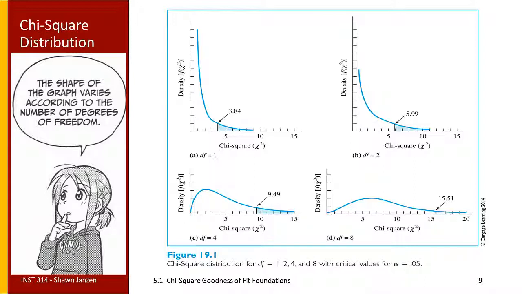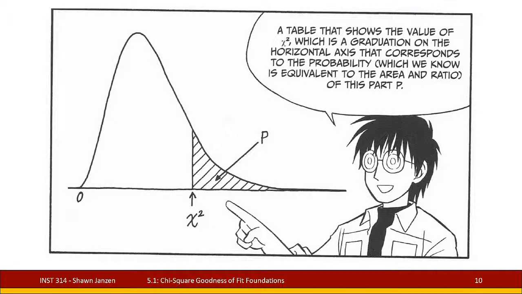When degrees of freedom equal 8, the curve is starting to move towards a more central part of the graph. It's starting to look more normal. Remember, it is not a normal distribution, but it could start to look like that. The blue shaded areas under there are the critical value areas, and we're going to come back to those really soon. But on this next graph, I really want to start to illustrate a little bit more about that distribution